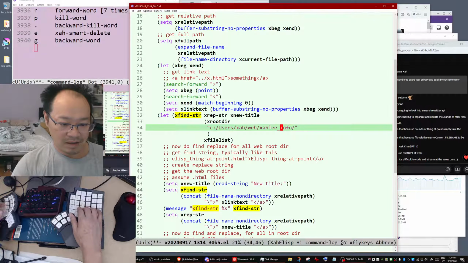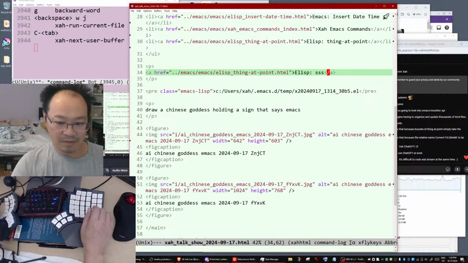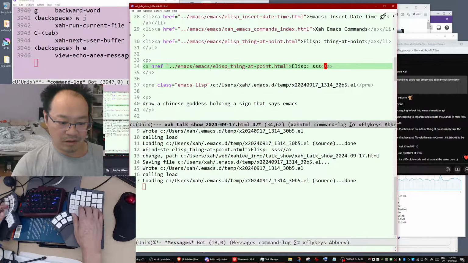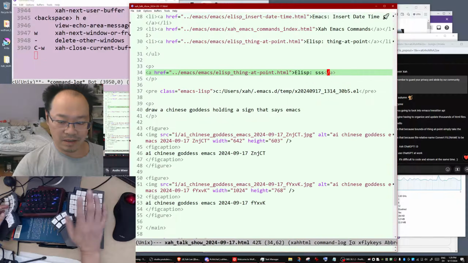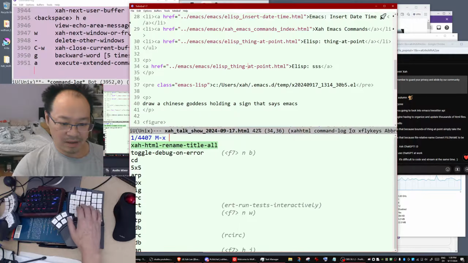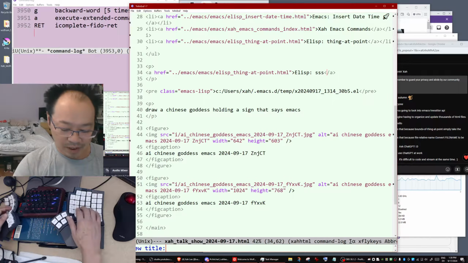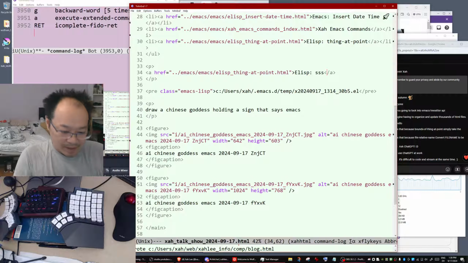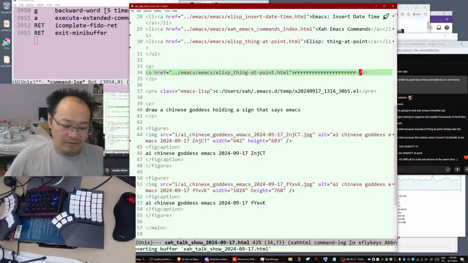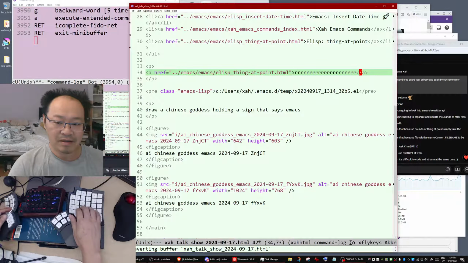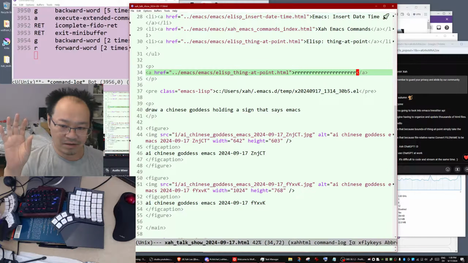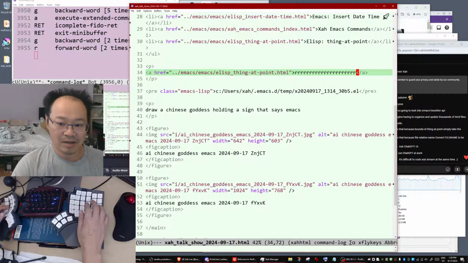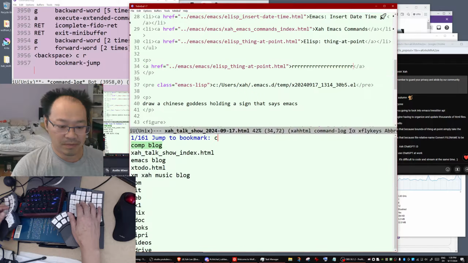Okay, evaluate the buffer. Go back here. Now open the messages buffer. Clear it by just closing it. Put the cursor here. Call the command. Do it. New title. Let's say... do it. Fantastic. Now you see it changed the current one, and now let's go to the programming block.